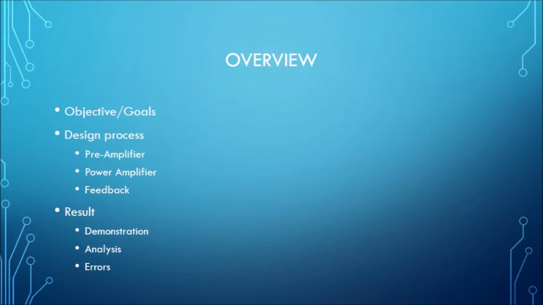So here's a brief overview of what's to come in this presentation. We'll start by stating our objectives and the goals that we aimed for, and then we will go into the design process itself, spelling out some of the details for the preamplifier that was part of this project, as well as the power amplifier, and then talk about some of the feedback that we needed to add to the overall schematic. And then we will look at the result. We'll show a demonstration using some videos that show the wide frequency that this amplifier is able to work at. And then we'll analyze the results and then talk about some of the errors that we encountered and ways to